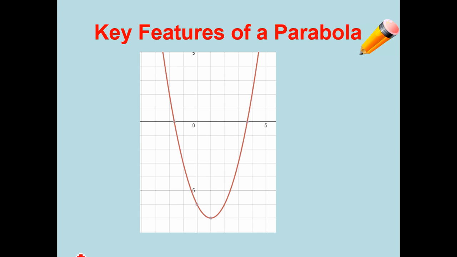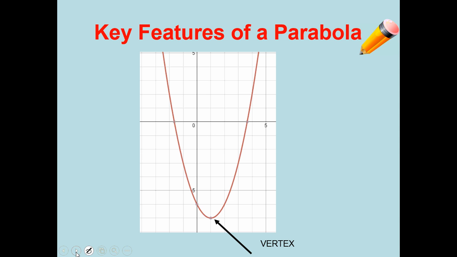So let's talk about key features of a parabola. First, I need you to make a little sketch of this U shape in your graph paper notebook or on your notes. And it doesn't have to be perfect, doesn't have to go through these points, but there are some key features that happen on a parabola that we need to be able to identify. First of all, again, the bottom down here is called the vertex, the turnaround point, if you will. The vertex, just like it was on an absolute value equation,